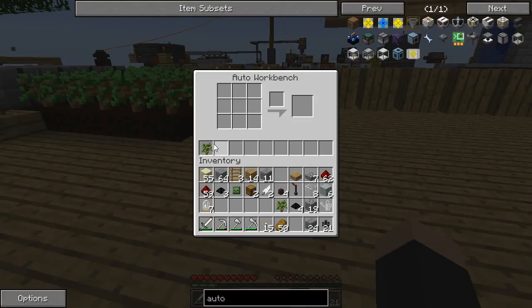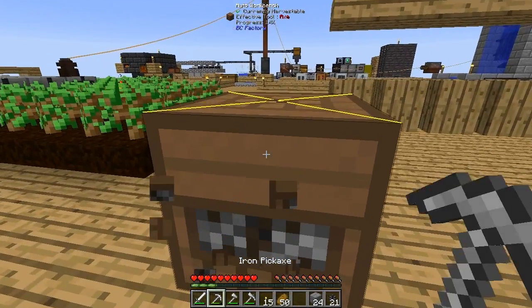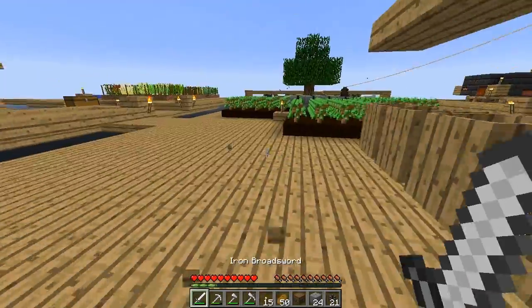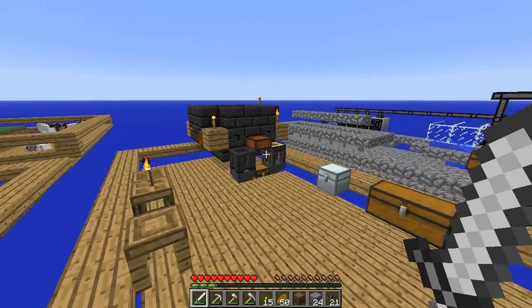So if I throw that in there... oh, I see. Okay, so you wanted to do that. You pop it in and then it starts to turn the inventory in. Okay, that's not too bad. That's not too bad. Right, okay. So that I can work with. What I will probably need is...